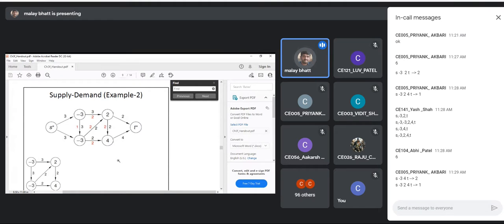Right? So from one demand node, we are sending the quantity to another demand node. So this 2 to 4 line is very important. Similarly, from -3 to -3, it is showing that from one supply node to another supply node, we need to transfer the quantity. Is it clear? So definitely the answer is 6, which is the correct one.